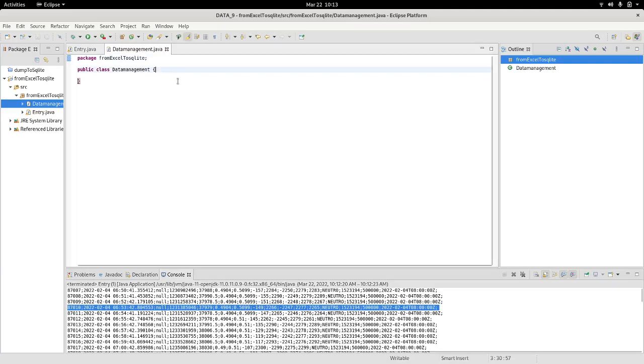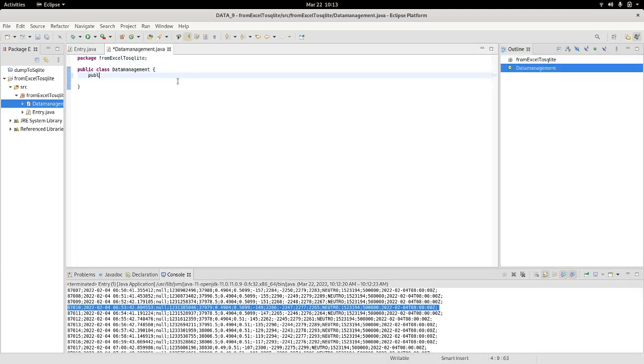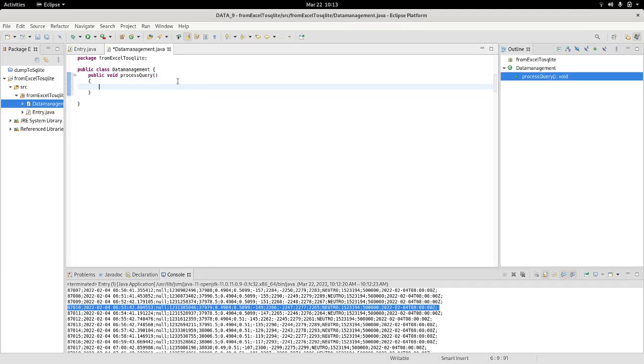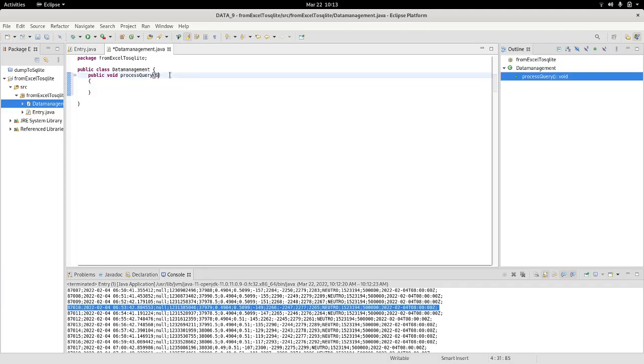So here the first thing I'm going to create is a public void, let's call it process query. It will then receive a string as input. Let's call it raw query,